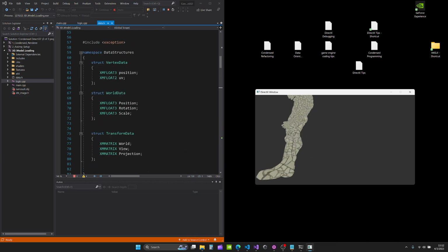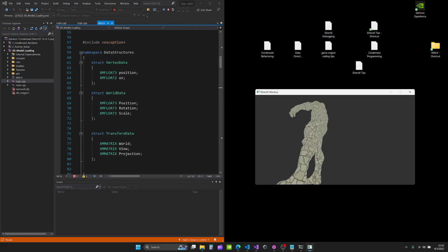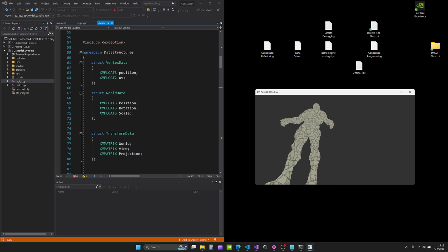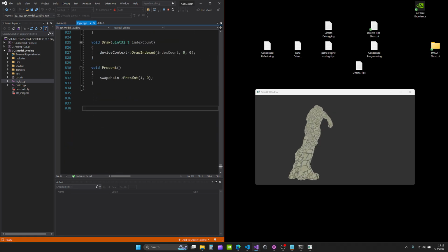Now, looking at the object, it would appear that some of the vertices are being rendered in the incorrect order, which could possibly be a result of not setting the rasterizer state, as there is a default rasterizer state, or it could be something to do with not setting up a depth stencil, or some combination of the two. But the good thing is that the 3D model is finally loaded into the